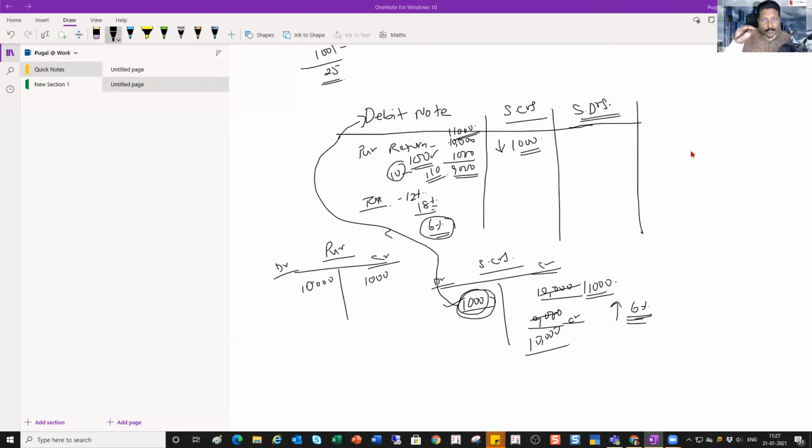So now I'm going to pass a debit note, to the extent of the difference of 10 rupees into the quantity that I have supplied, and it is going to impact my customer ledger. A debit note is passed to impact the debit side of my customer. Remember this. So it is going to increase the outstanding.